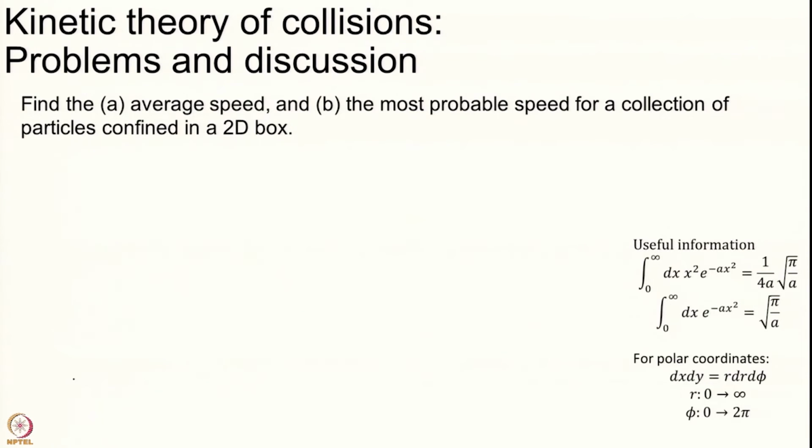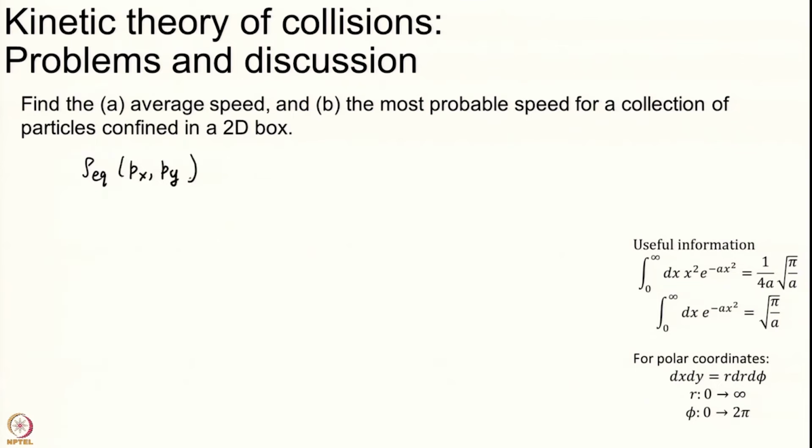So, our second problem is to calculate average speed and most probable speed in 2D. So, we have actually solved a more complex problem which is of 3D. Okay. Here we will solve this problem now in 2D. So, we will have to go back to our basics, how we derived it in 3D and follow that proof in 2D. Okay. We have to be just very careful. So, what is our basics? Well, our basics is the Boltzmann distribution, that will always be true.